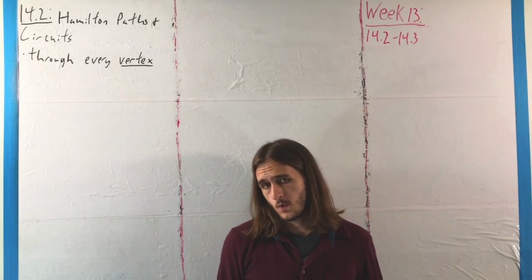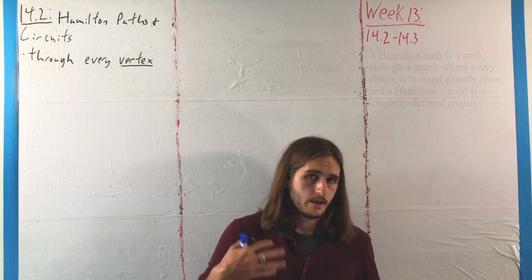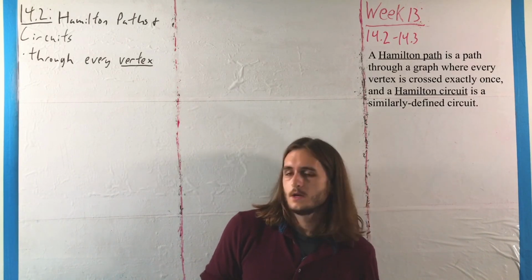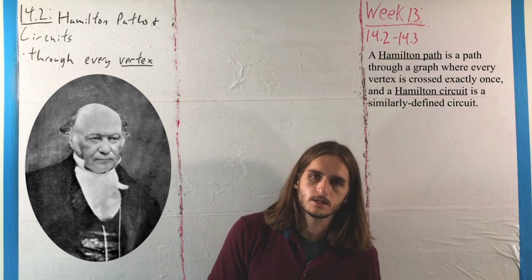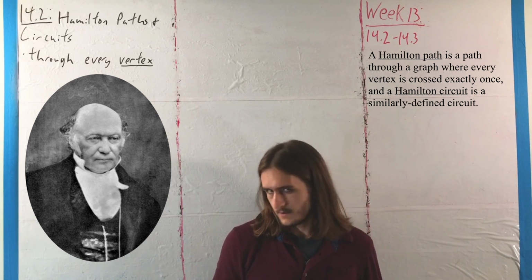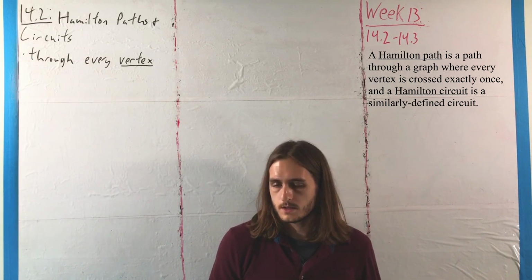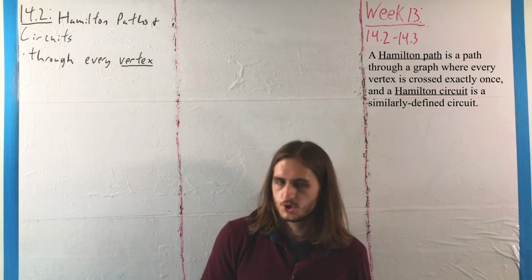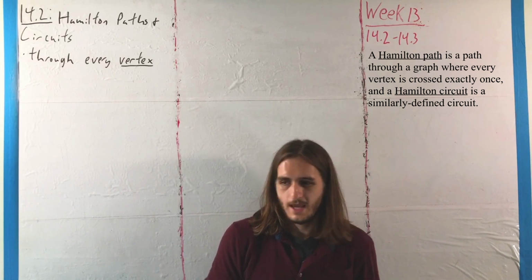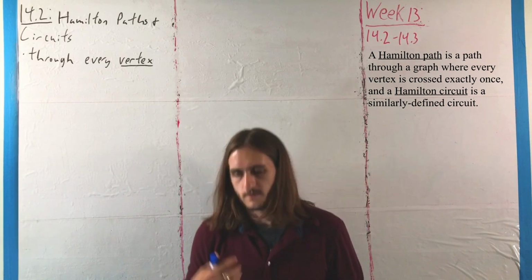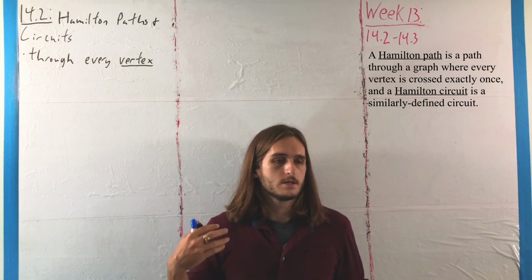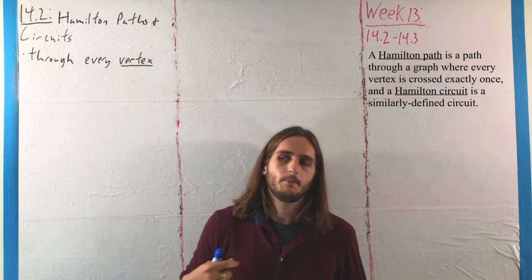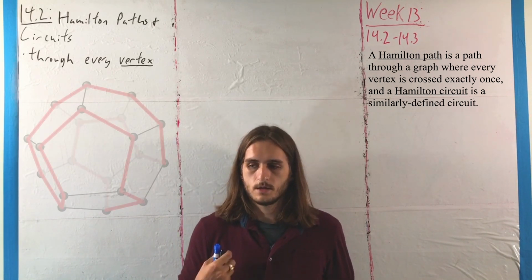The natural partner to Euler paths and circuits, what we call Hamilton paths and circuits, comes from work by William Rowan Hamilton, also in the 18th century, again, in a bit of gamesmanship, where what he was working on was a puzzle called the Icosian Game, which is sometimes now known as Hamilton's puzzle, Hamilton's game, that sort of thing, to reference this work in particular, where what this was talking about was being able to find paths along the